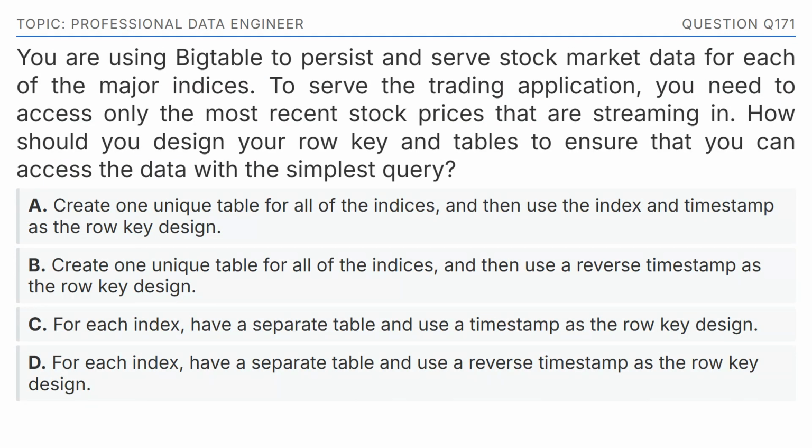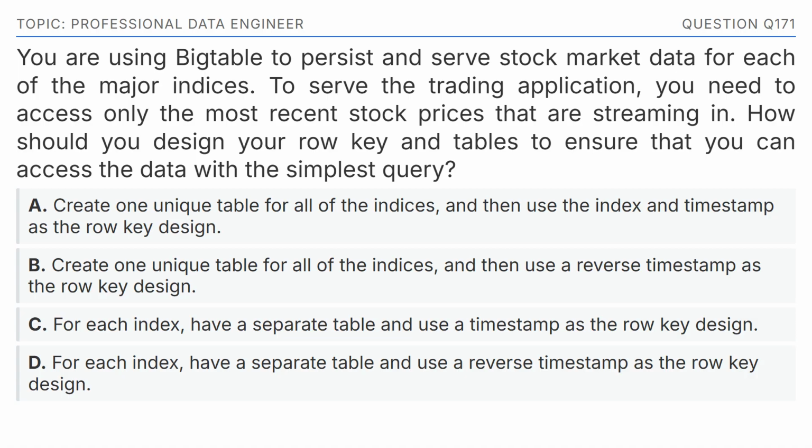You are using Bigtable to persist and serve stock market data for each of the major indices. To serve the trading application, you need to access only the most recent stock prices that are streaming in. How should you design your row key and tables to ensure that you can access the data with the simplest